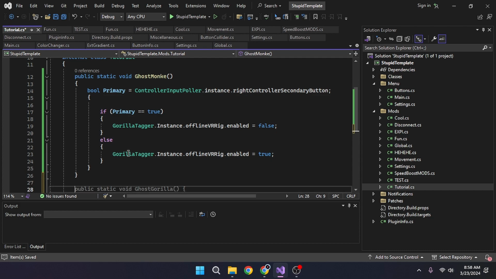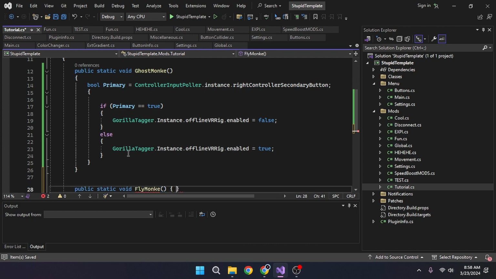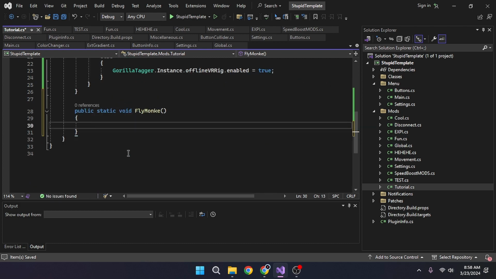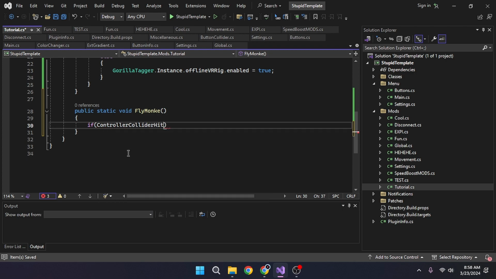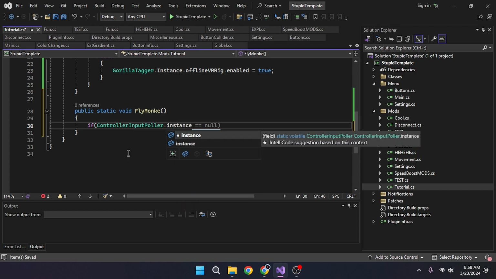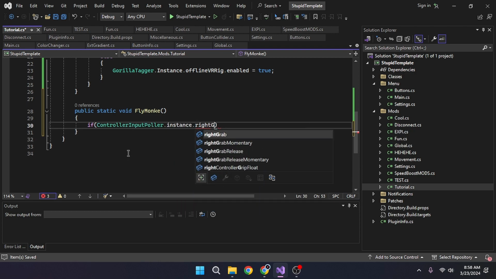Next thing we're gonna make is Invis Monkey. Invis Monkey is a bit harder, still pretty usable. So public static void. We're gonna make Fly Monkey. So Fly Monkey. Okay, so once we're here, Fly Monk, we're gonna put an if statement. So if controller input polar.instance dot right grab,